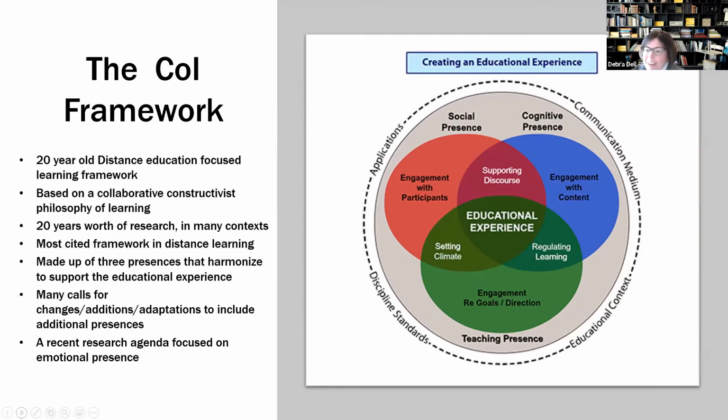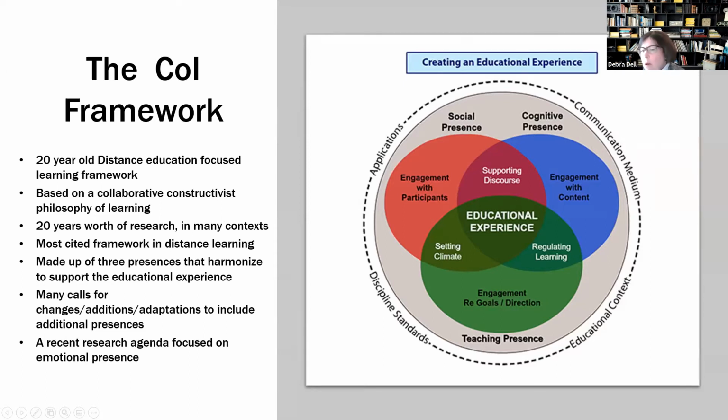It was a big joke that I did a distance learning degree before there was a distance learning degree available. But when I found my first actual distance learning degree, and I experienced community of inquiry as a learner, I was transformed with the idea that learning didn't come from a single expert, that there was distributed cognition going on, and that everybody's voice in the classroom mattered. That's what really drew me to this model.